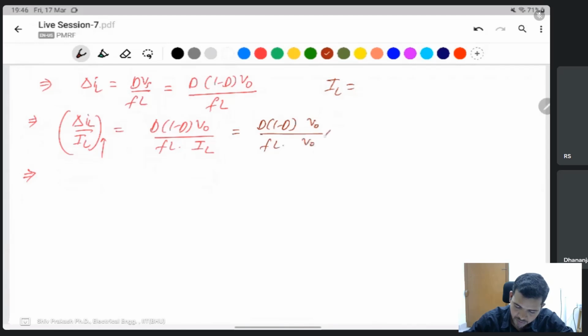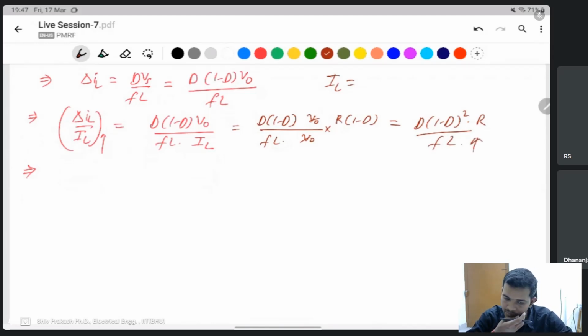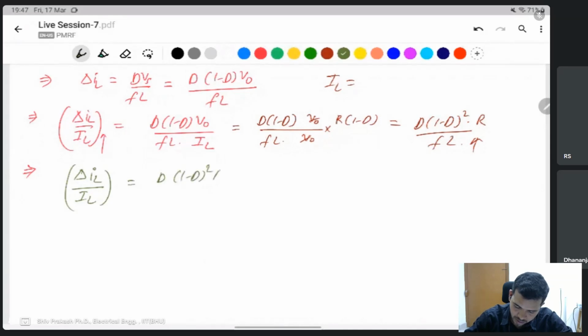V naught by R means R goes to the numerator, 1 minus d, V naught cancels out. So d into 1 minus d square into R divided by FL. This one is high when the D is minimum,